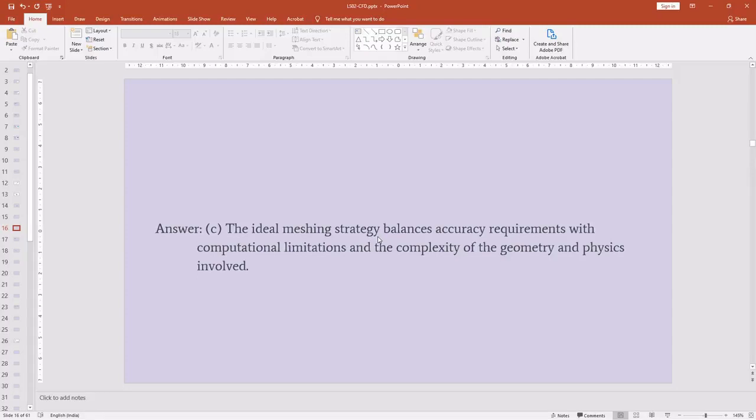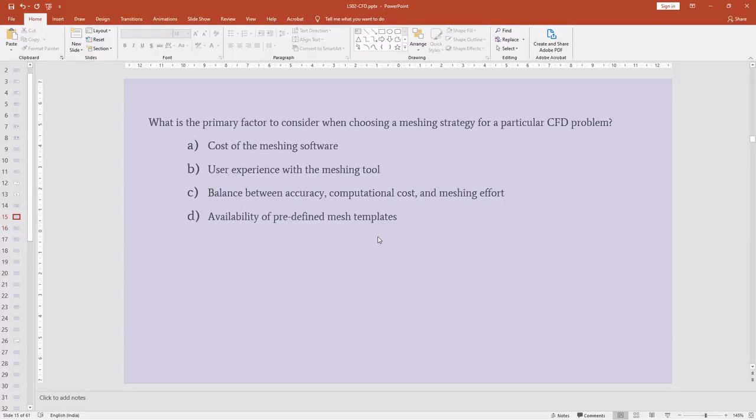So the answer is C, because we need to strike a balance between accuracy, computational cost, and meshing effort. Like I have explained earlier, the more refined the mesh, the more accurate the result. But beyond a point, the accuracy won't vary much with the refinement. So there is accuracy, and